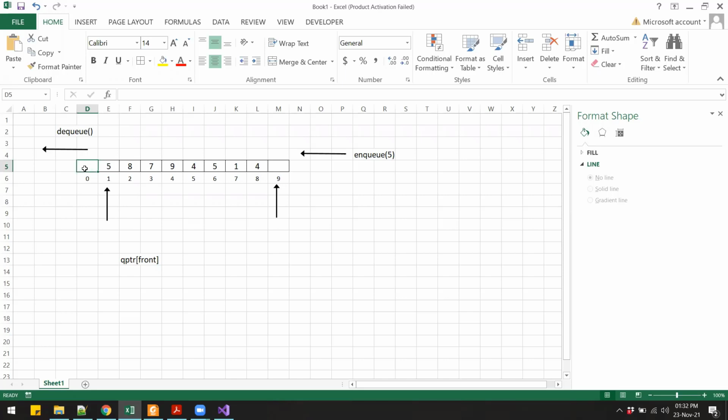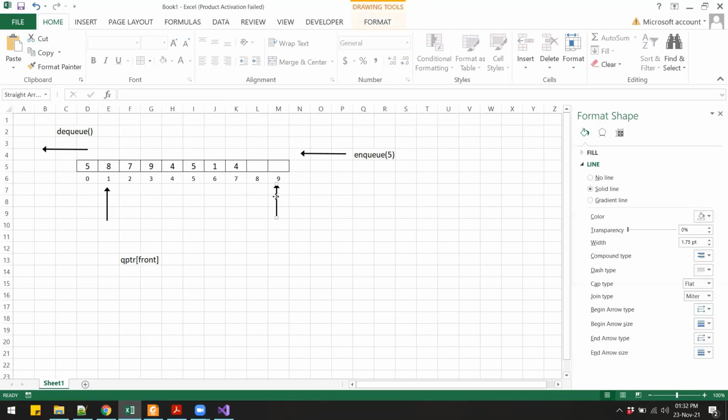So the 5 goes over here, then 8 goes over there, then we'll have 7, 9, 4, 5, 1, and then 4, and we can remove this. So after doing all of this shifting, we will also have to shift our ria pointer to point to the next empty slot.